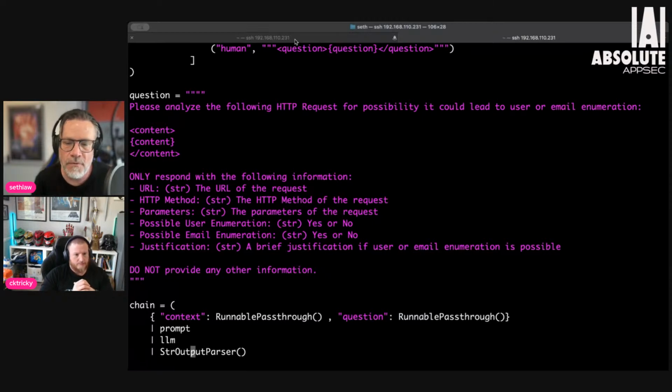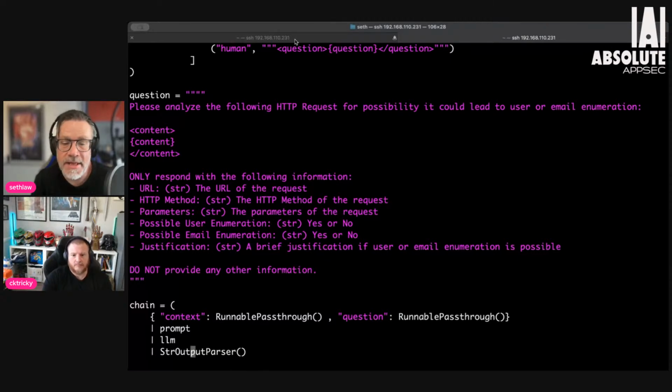But you'll see 46 attempts here. This runs fairly quickly. It's not the fastest thing in the world, but it's a lot faster than me combing through each of these. And I can slim this down pretty quickly to the ones that I'm really interested in and move on from there.